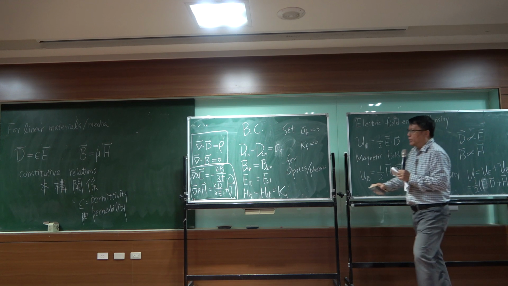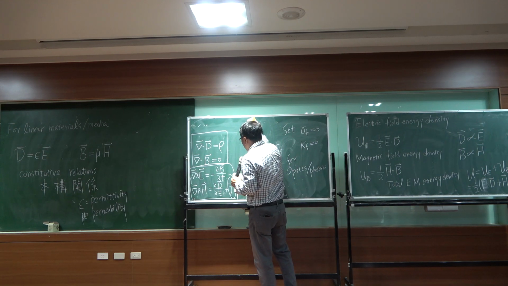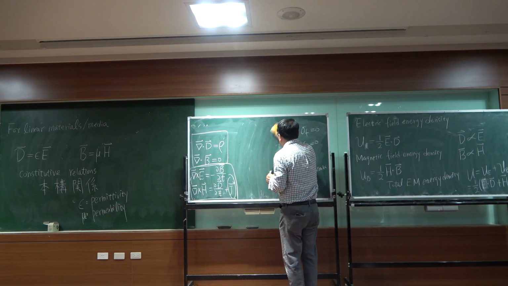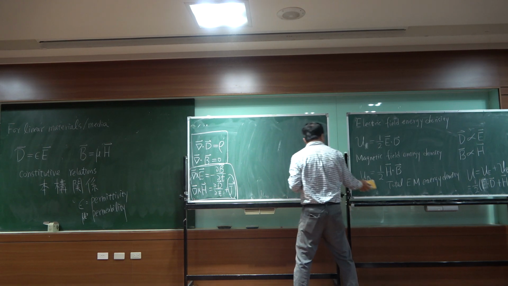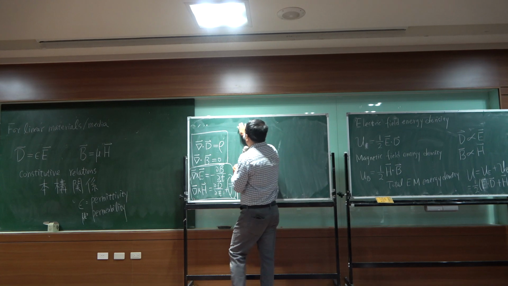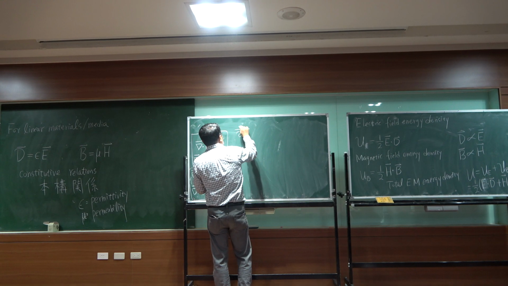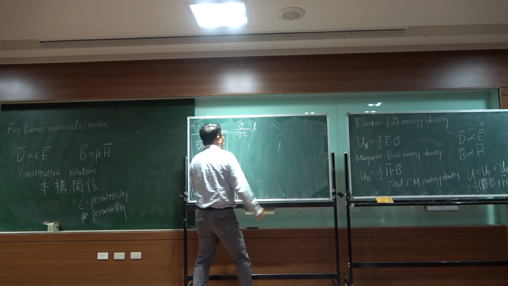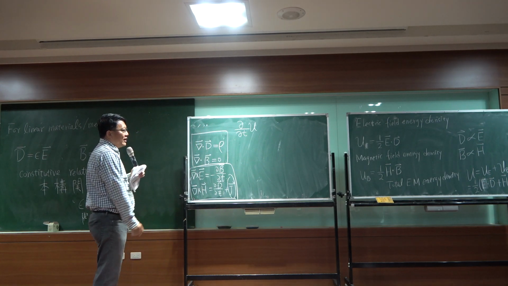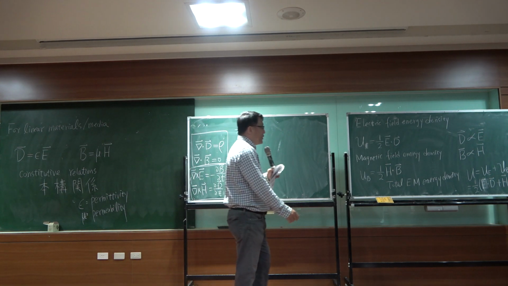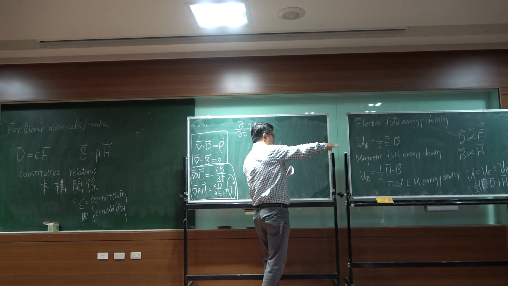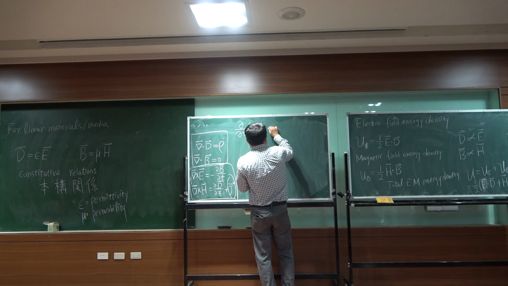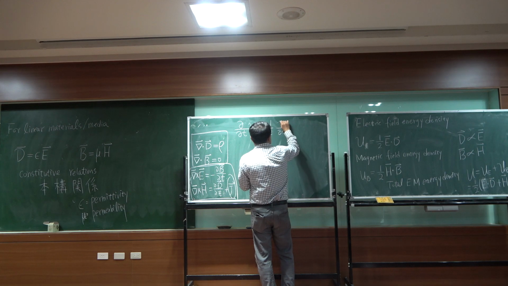Now we differentiate it and use these two equations. Now I want to know how the total EM energy density varies with time. I differentiate this quantity, 1/2 partial t partial